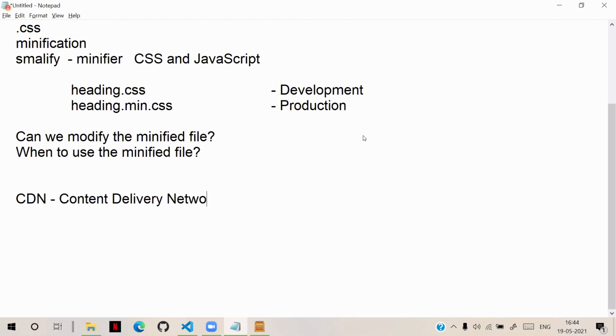CDN is content delivery network. This is very common when we are using external files. Content delivery network is nothing but, actually, what happens is sometimes,